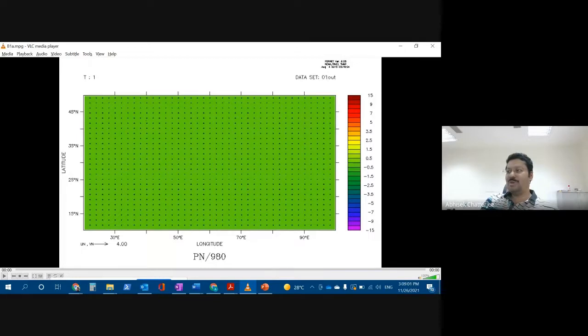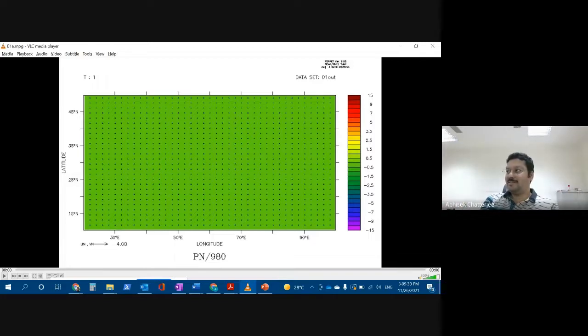When we talk about the atmosphere, you talk about where it is coming from, whereas when you talk about the ocean circulation, we say towards where it is going. So it is a southerly wind from south to north, blowing continuously. Initially it is a state of rest, but because of the wind, two things happen. One, you have an inertial motion. As soon as the wind blows, you will get an inertial motion. But since the wind has not stopped, you also have something called Ekman transport.